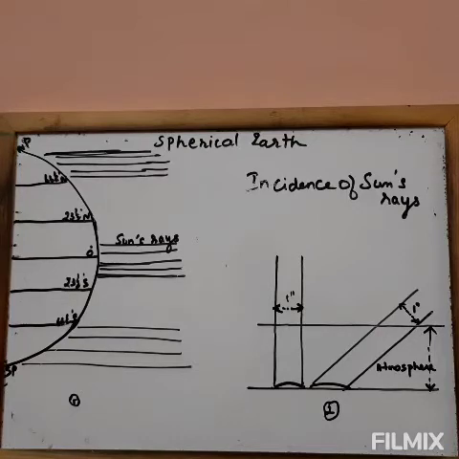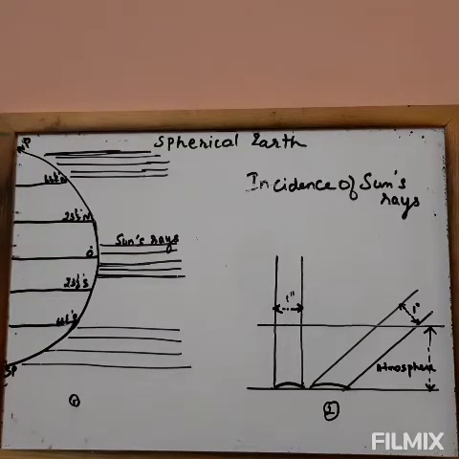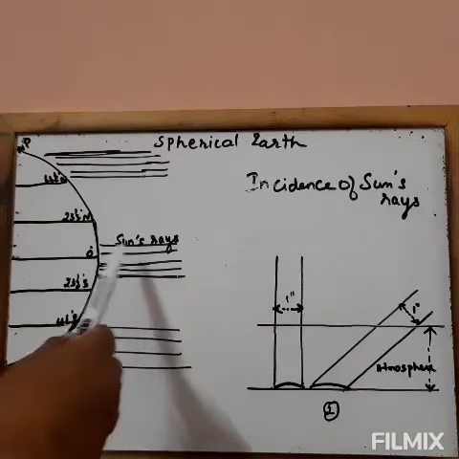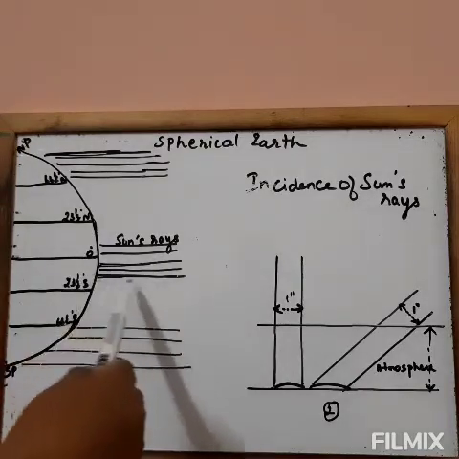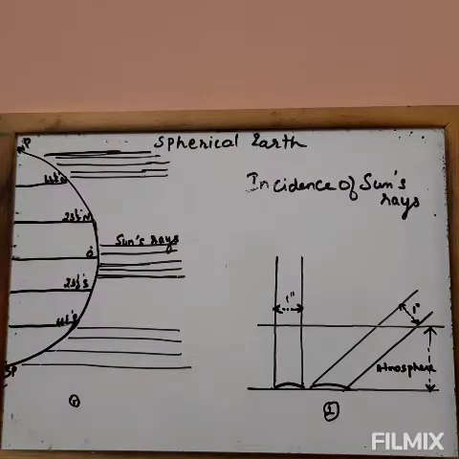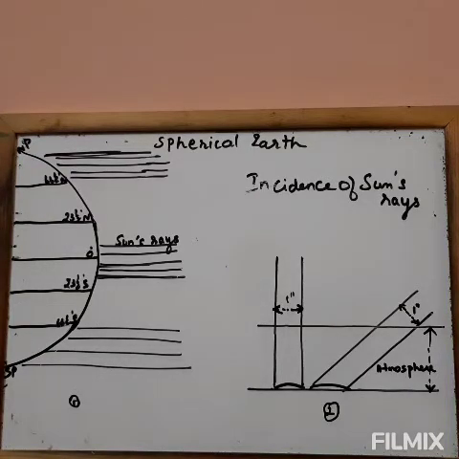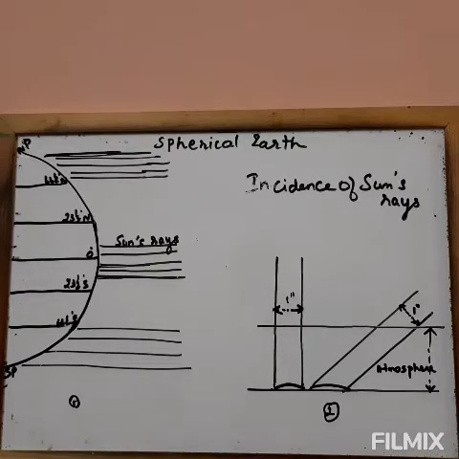As the earth is a sphere, the sun's rays do not fall vertically at every point on the earth's surface at any given time. So you find the sun's rays are vertical here around the equatorial region. When the sun's rays are overhead at the equator, they are tangential to the earth at the two poles. At the poles, the sun will be seen at the horizon. This condition would prevail permanently if the axis of the earth were at right angles to its orbit around the sun.